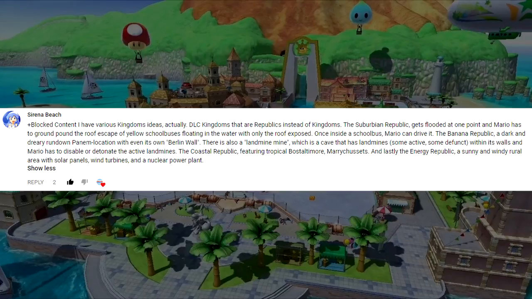Once inside a school bus, Mario can drive it. The Banana Republic, a dark and dreary rundown Panem location with even its own Berlin Wall. There's also a landmine mine, which is a cave that has landmines, some active, some defunct, within its walls, and Mario has to disable or detonate the active landmines. The Coastal Republic, featuring tropical Baltimore, Massachusetts, and lastly, the Energy Republic, a sunny and windy rural area with solar panels, wind turbines, and a